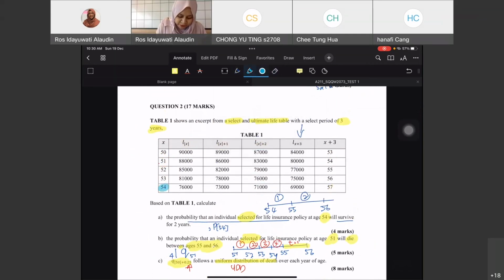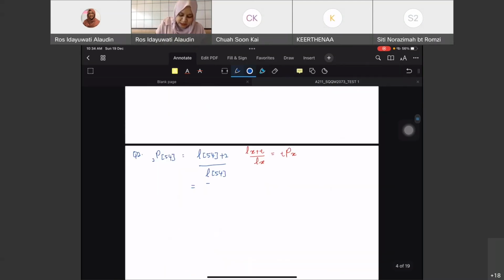So l[54] is here. So l[54]+2 is 71,000, still in the select life table, still in the duration for the first 3 years, over 76,000. So you will get 0.9342. So it's logical because the probability of survival must